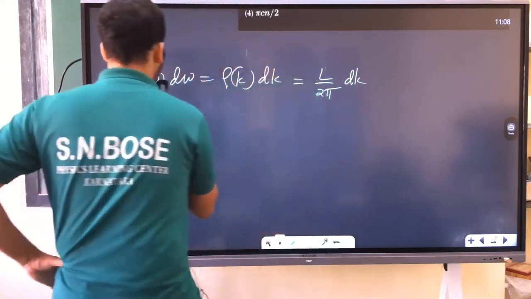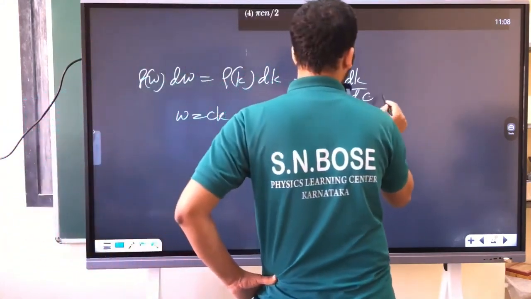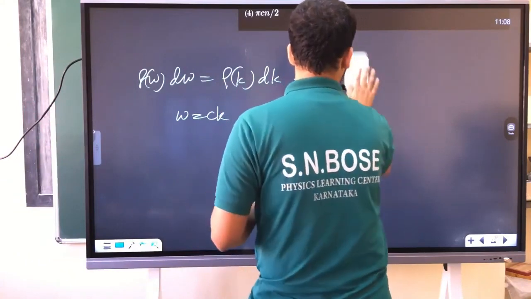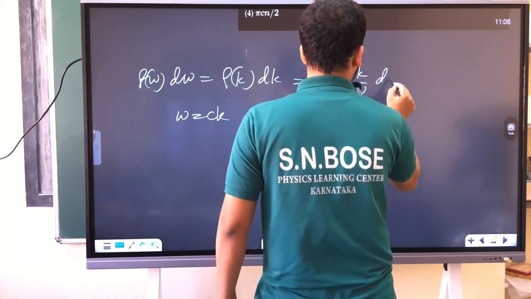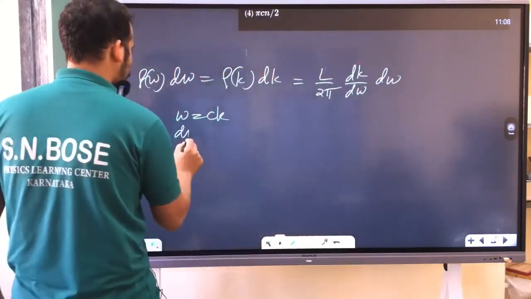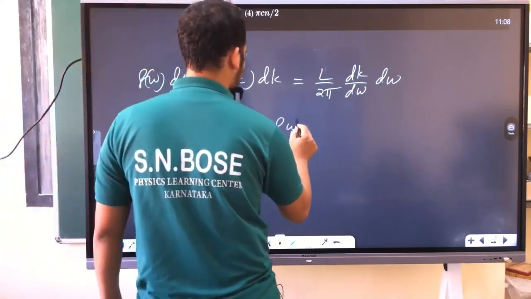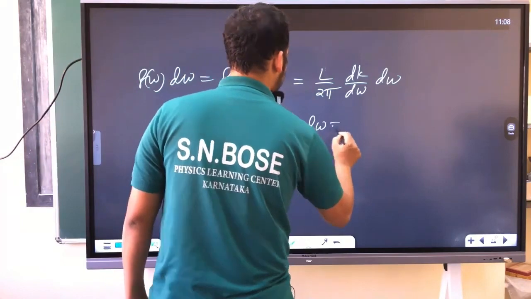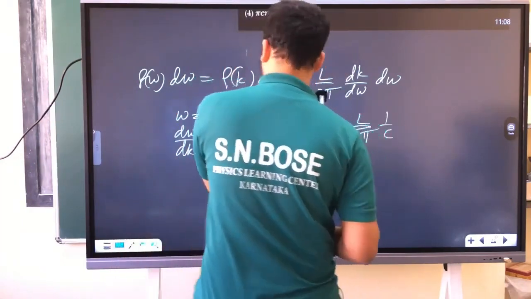Omega is equal to c into k, so dk by d omega into d omega. So what is d omega by dk? C. That's where rho of omega d omega is equal to L by 2 pi, 1 by c